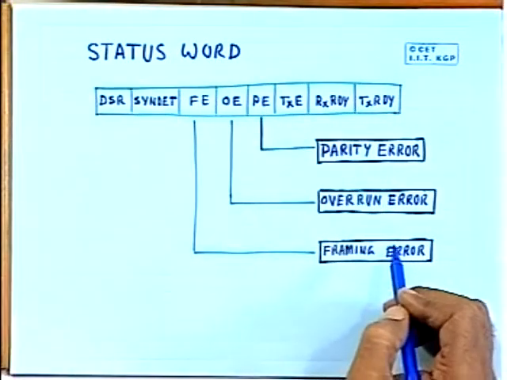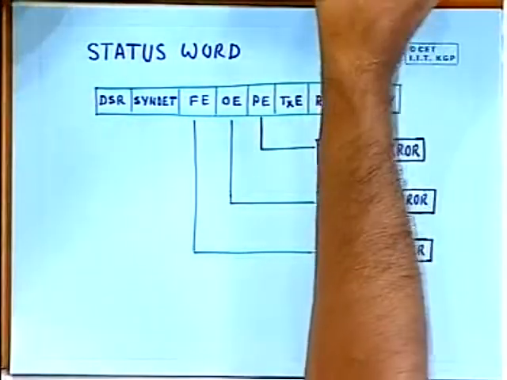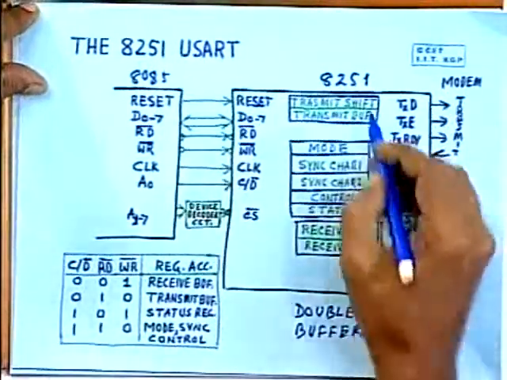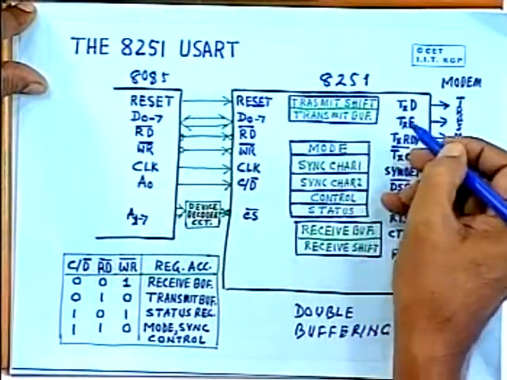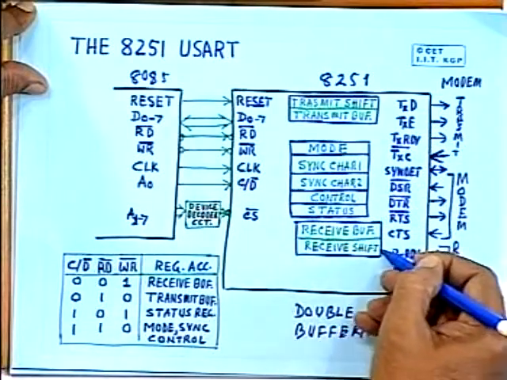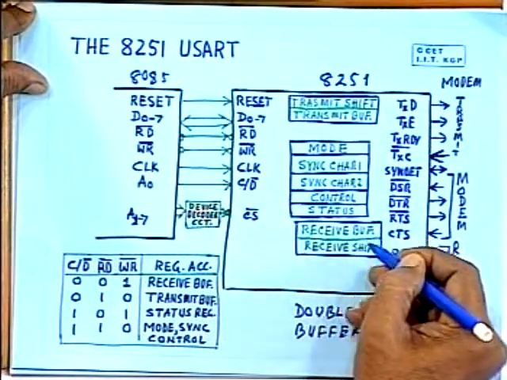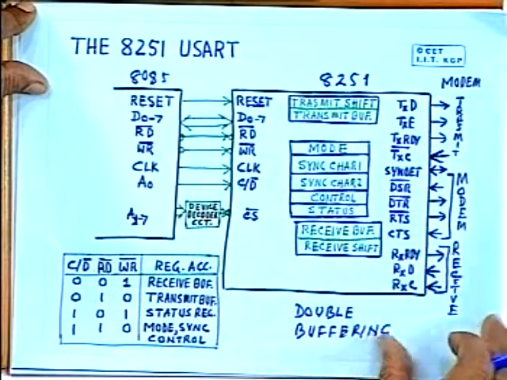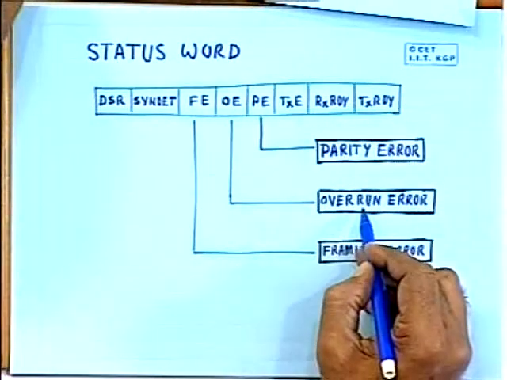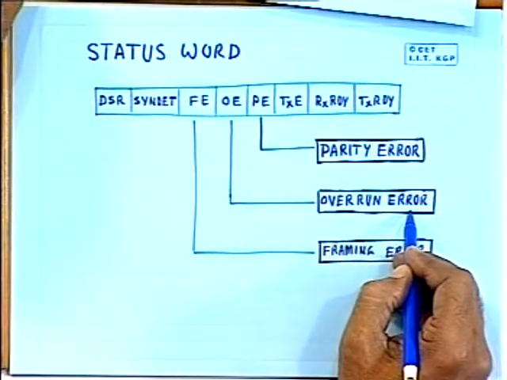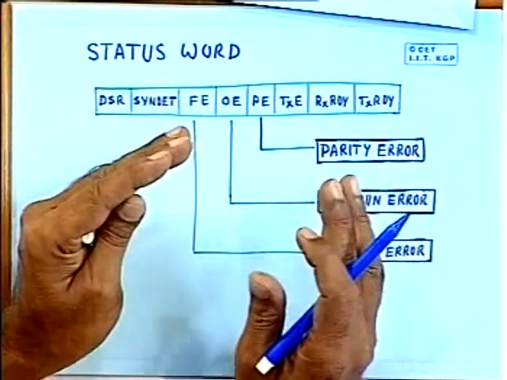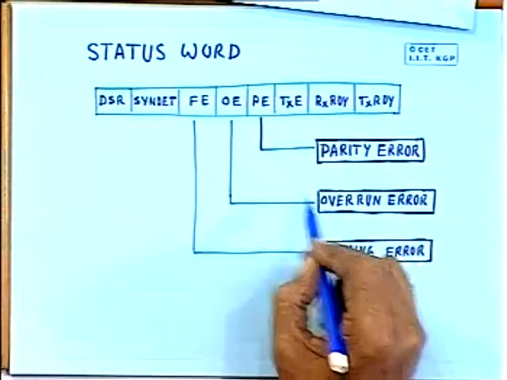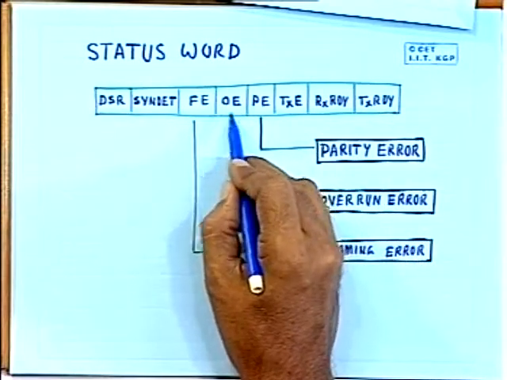As it receives a character, the parity is automatically checked, and if there is any error, then this bit is set. Then this overrun error is arising because you have 2 registers. Suppose you are receiving so quickly that before 1 byte was read, another character has come. It has overrun. That kind of situation is reflected with the help of this overrun error bit. That means when the synchronization between reading and receiving, sending and transmitting, is not proper, then overrun error occurs. That is also reflected on this bit.